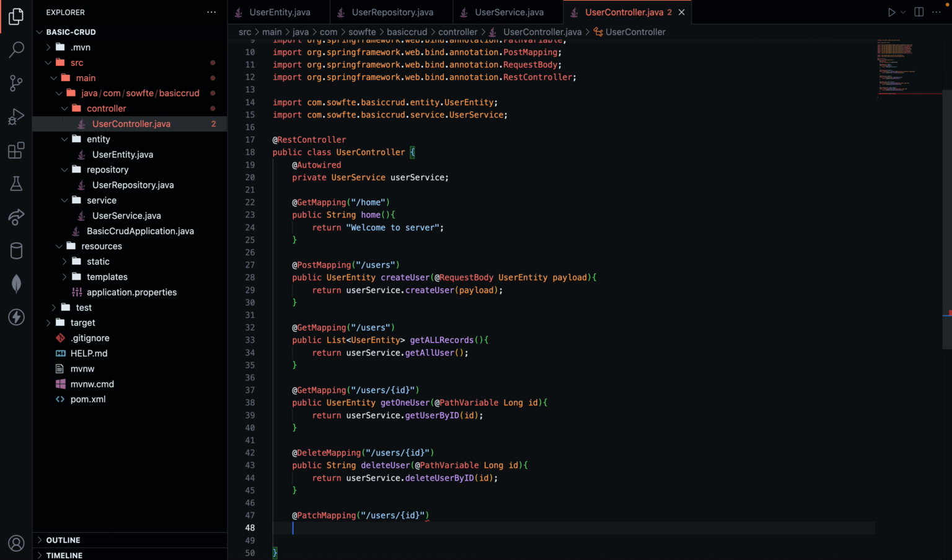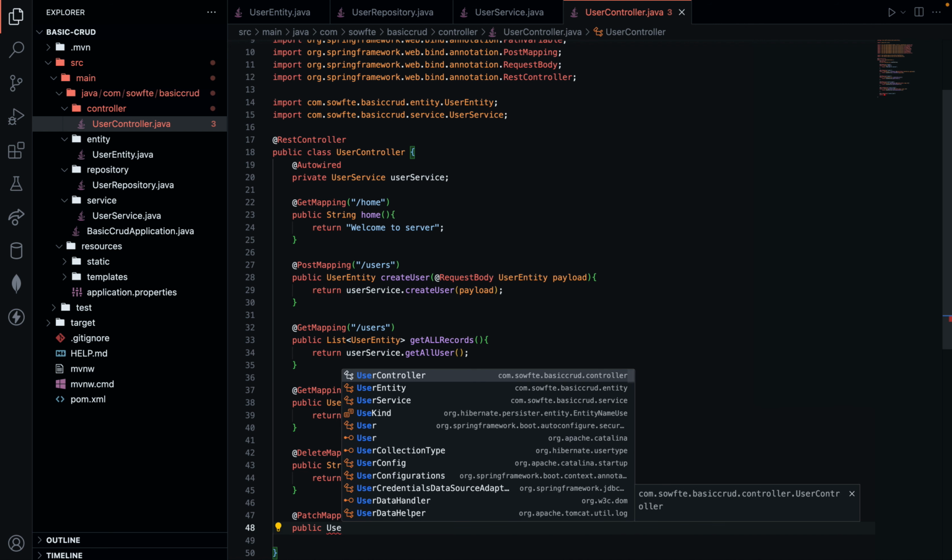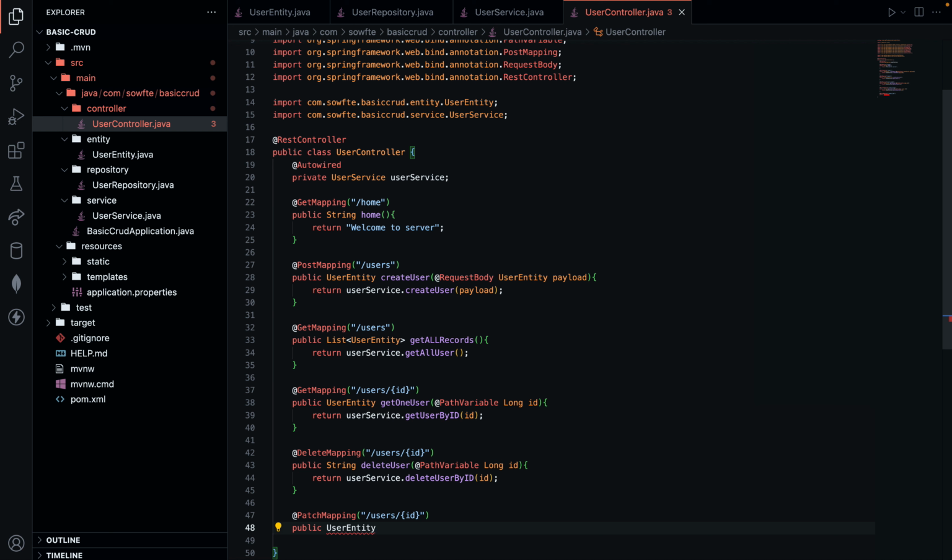So the update method will return us the record of the user, the new updated record. So the method will be of type public user entity, and then